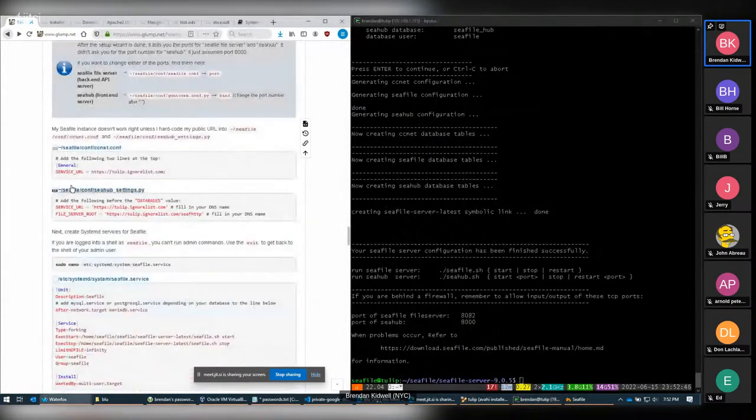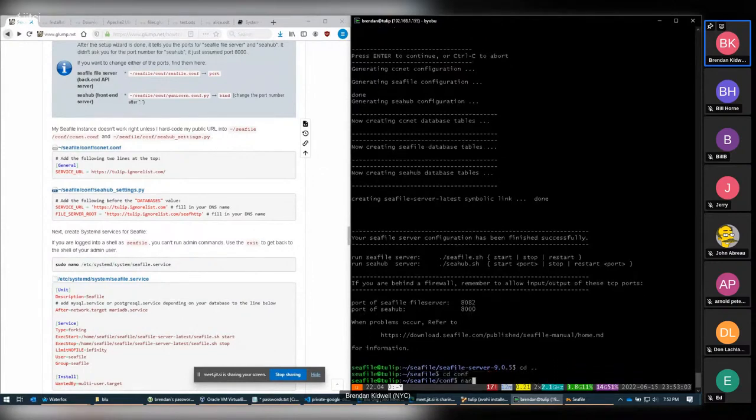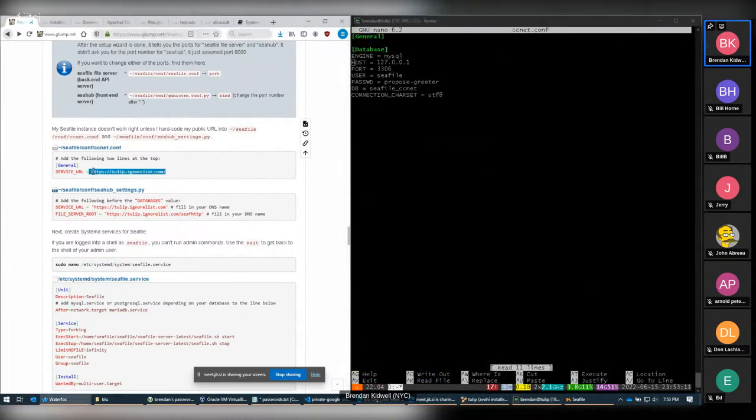And let's see. Now we want to edit ccnet.conf. Wrong folder. Go up one. And in ccnet.conf, we need to add this under general. We're going to do